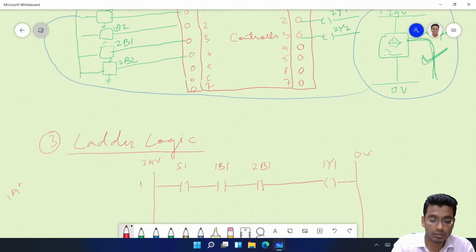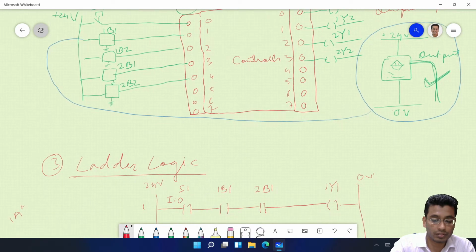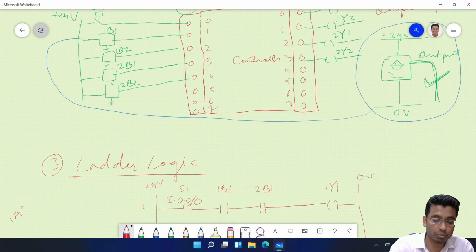I colon 0.0 slash 0, because it is connected to the 0th bit here.